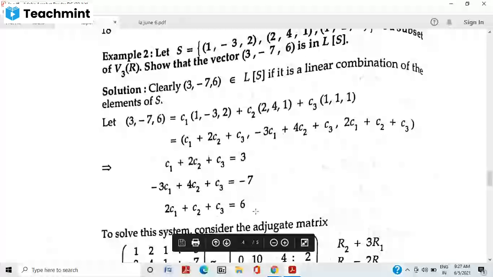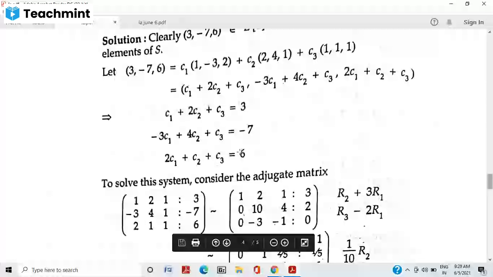Then, the same problem we discussed only yesterday. Yesterday, how did we solve that? We combined two equations. First we removed C3 from these two equations. We took equations 1 and 2 and removed C3. Then we took equations 1 and 3 and removed C3. Then we got equations in terms of C1 and C2. Again we removed C1, then found the C2 value, then substituted like that. Then instead of doing it like that, we can use one more method, that is the matrix method.